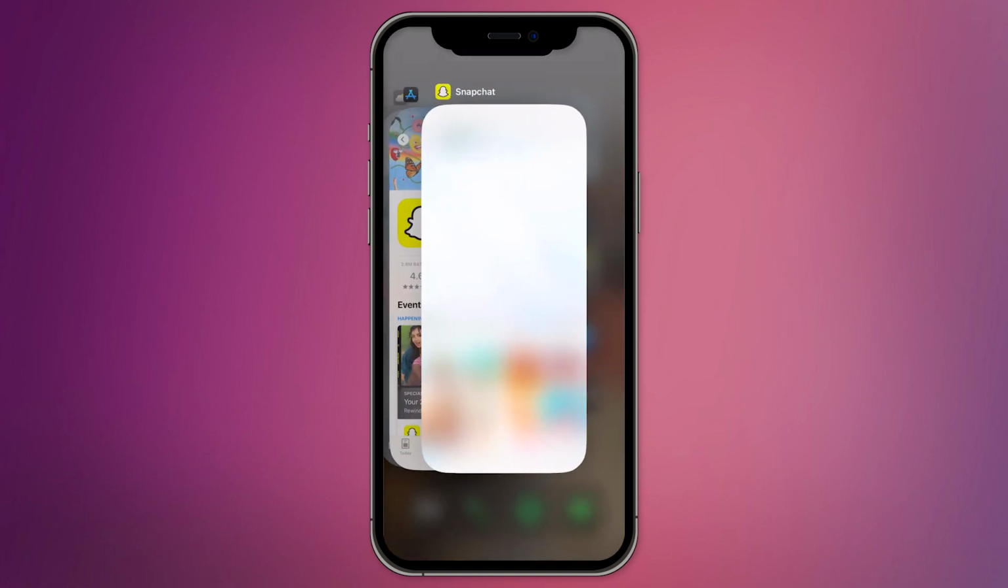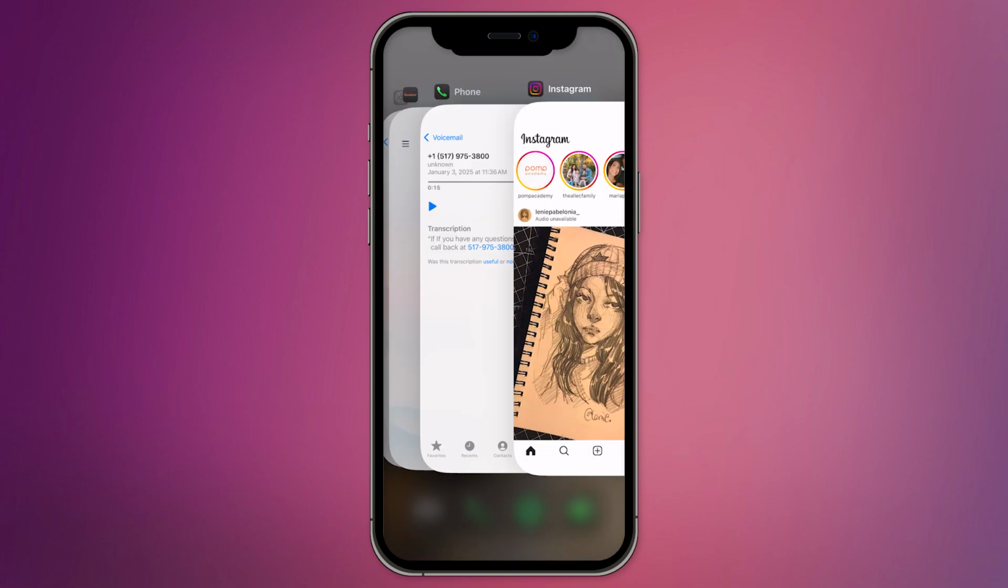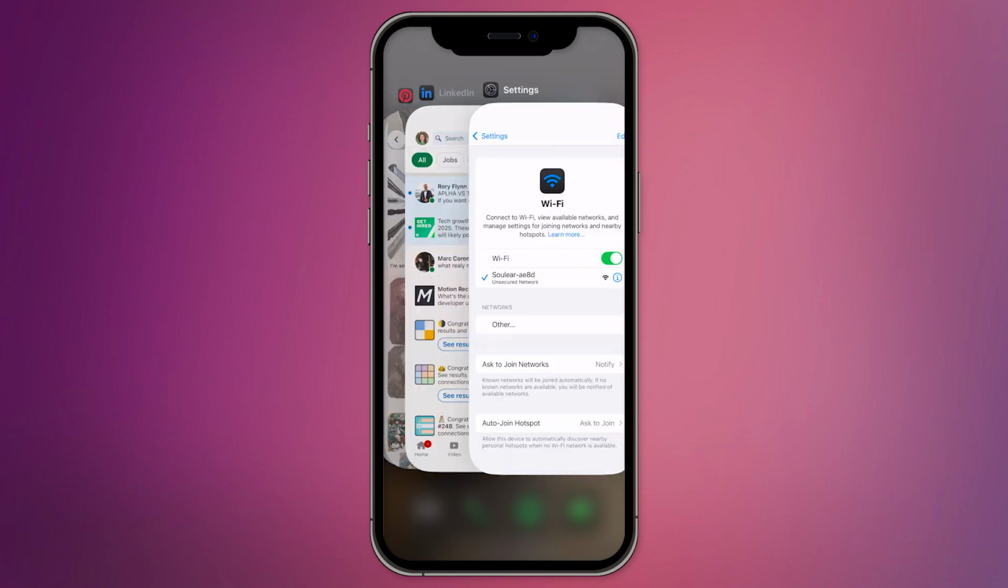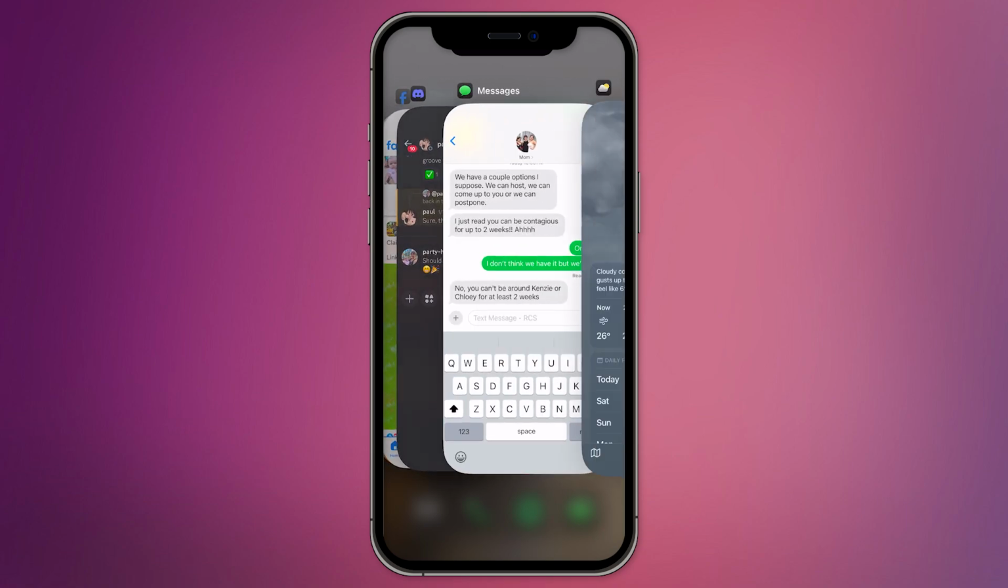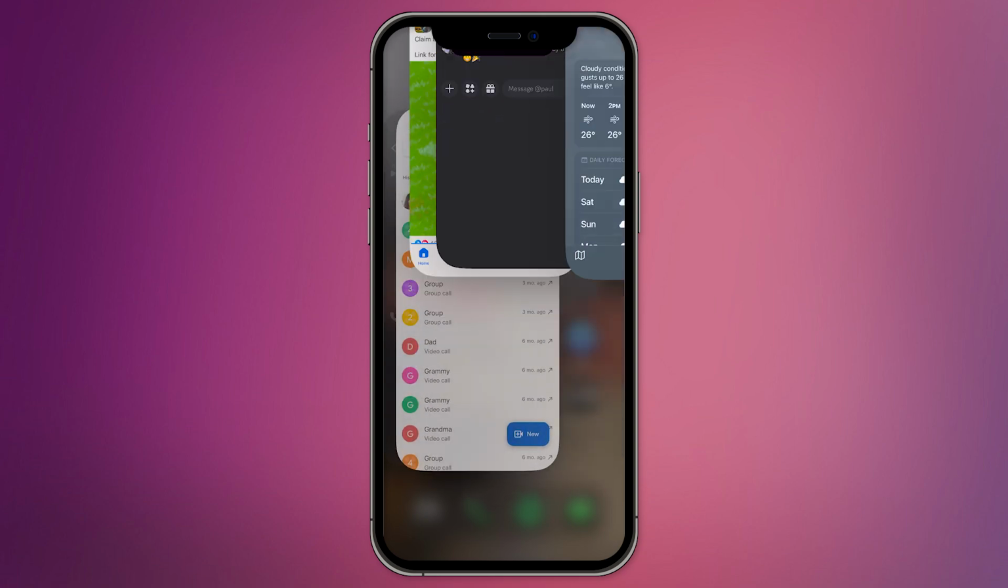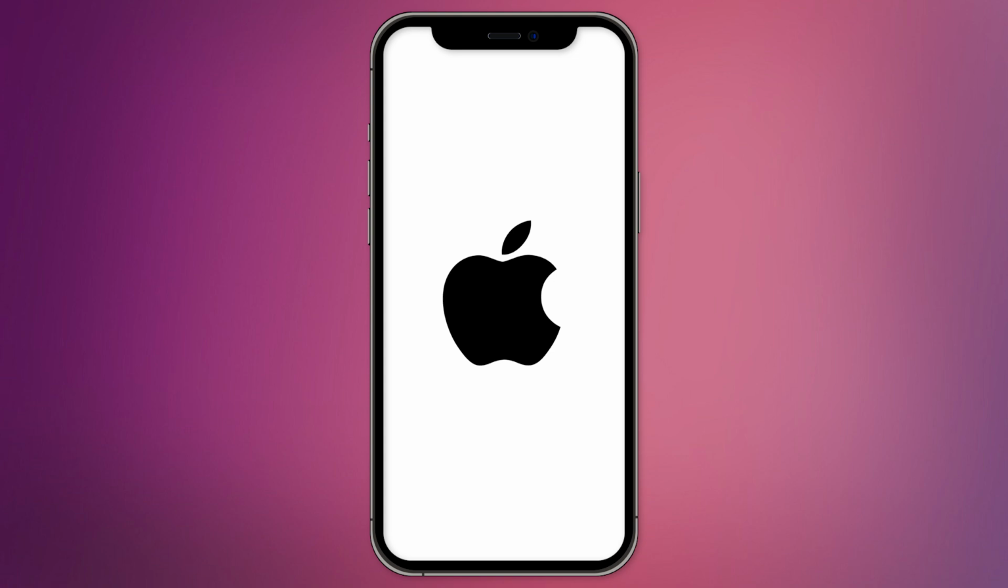The first way to do this is to swipe up from the bottom of your screen to reveal all the apps you've recently opened. If a particular app is giving you trouble, simply swipe up on the app to close it. You can also use 2 or 3 fingers to remove multiple apps simultaneously. Just keep in mind, frequently used apps are better left in the background, as reopening them can take more time